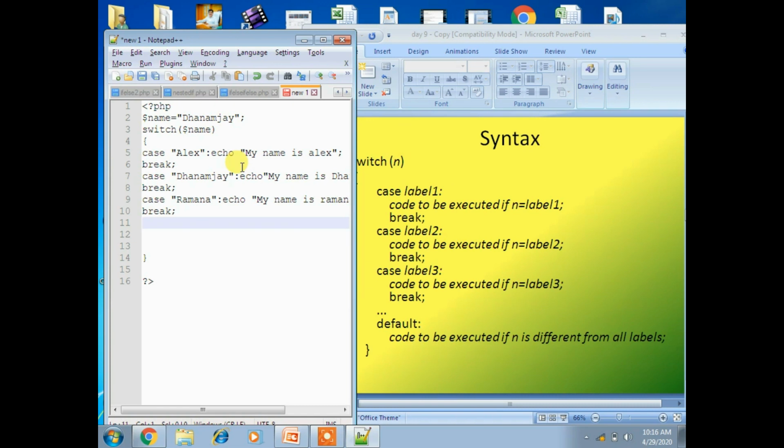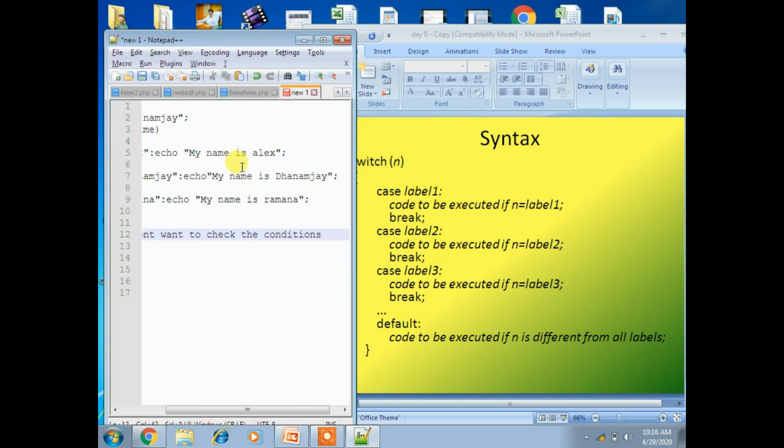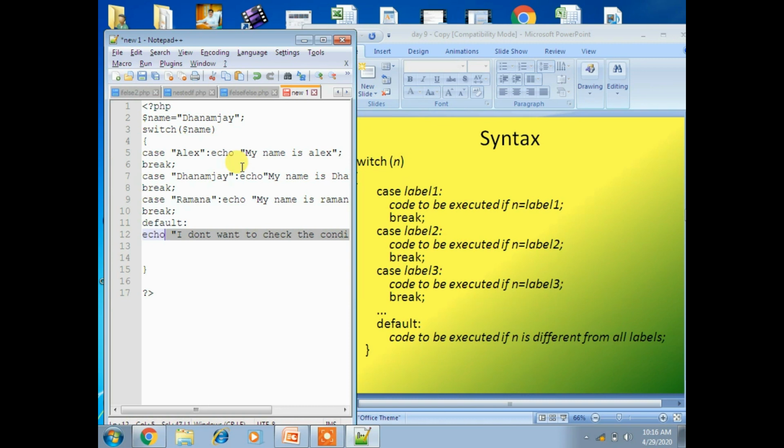If all the conditions are false, then you have to set a default value, that is echo, I don't want to check the conditions, or you can have no one is there.